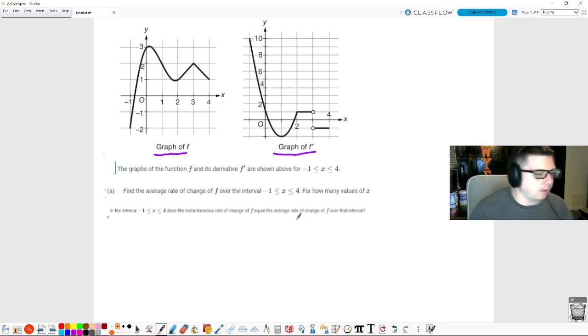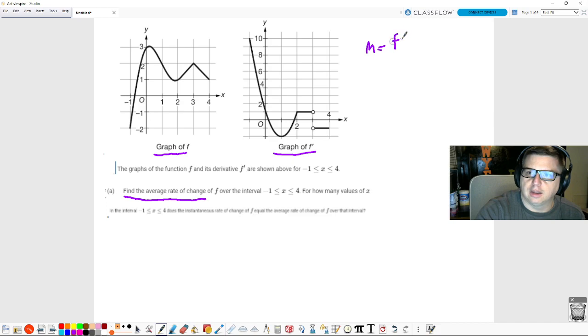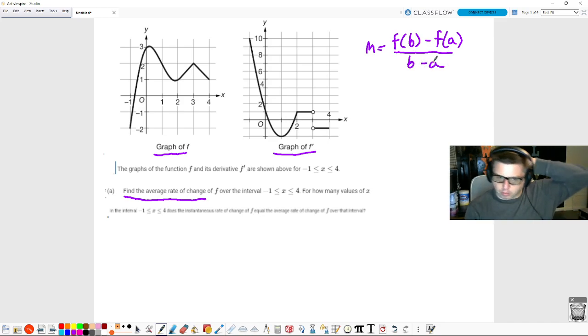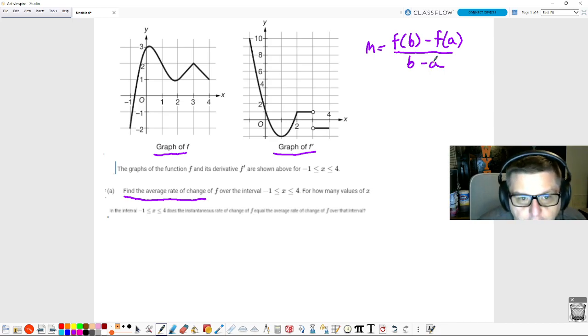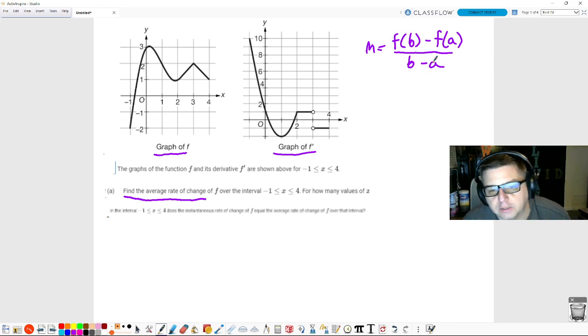So for this one, what they want us to do is find the average rate of change. So the average rate of change is f of b minus f of a over b minus a. That is your slope, your average rate of change when you're trying to find the average of something. So when we do this,